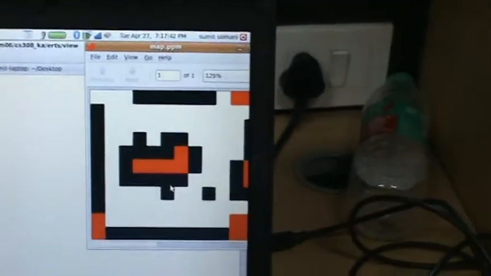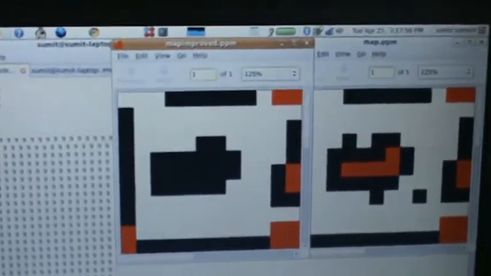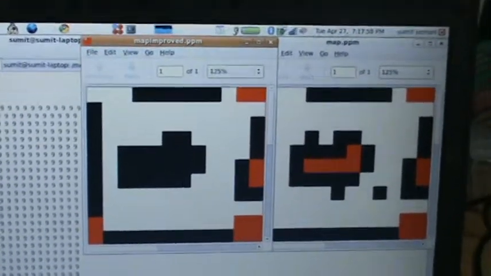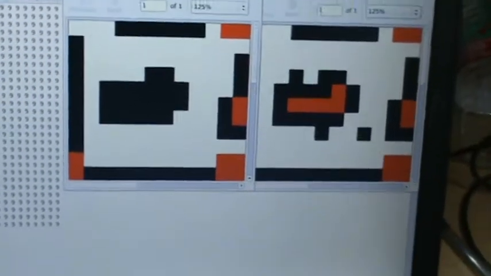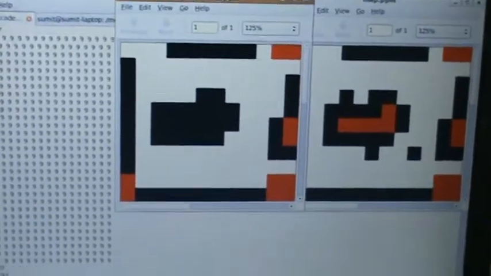Now we are going to show you one of the raw images that is generated via the data, which is this. As you can see, it has some error points in it, and now this is the one which has been improved and cleaned. We have used some basic algorithms to clean the data so that we can actually get a better idea of what the map is.